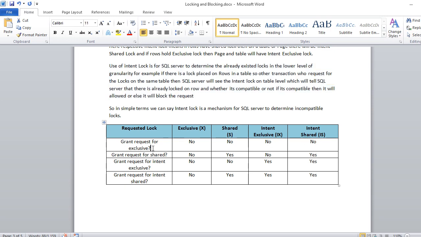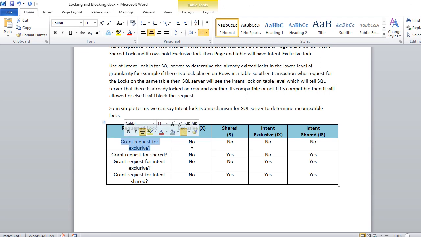If there is an exclusive lock, then none of the other lock requests are compatible with it. Same is for shared lock. If there is a request for a shared lock and we already have an exclusive lock, then it will not be allowed. If we have a shared lock and the request is coming for a shared lock, then it's allowed because it's a compatible lock.